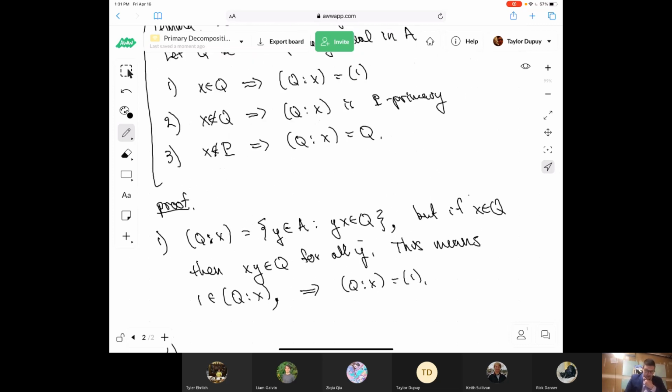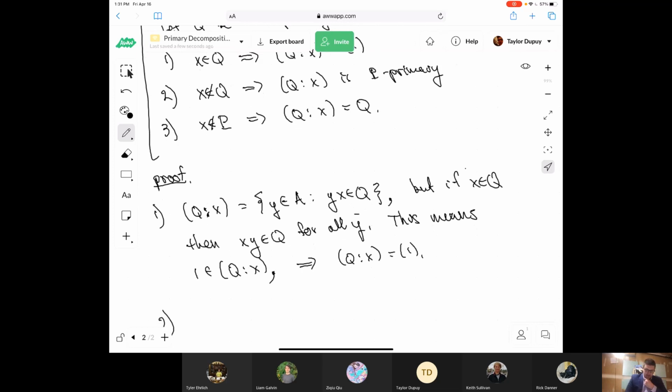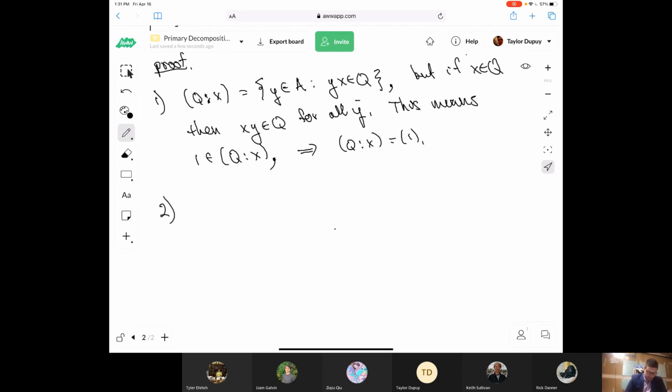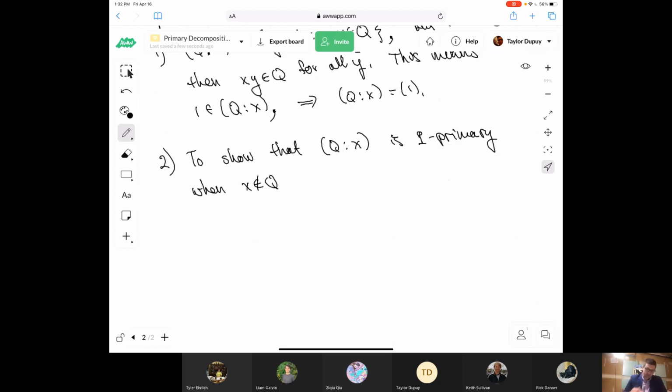Now we need to show that if x isn't in Q, then this thing is primary. So to show that Q : x is P-primary when x is not an element of Q, this is saying that when x is not in Q, this is very similar to Q. Okay, so to show that this is P-primary when x is not in Q,